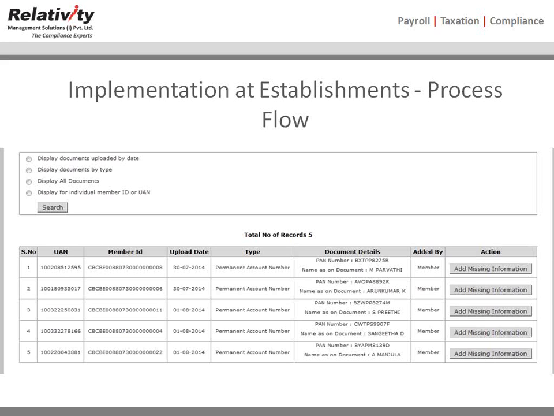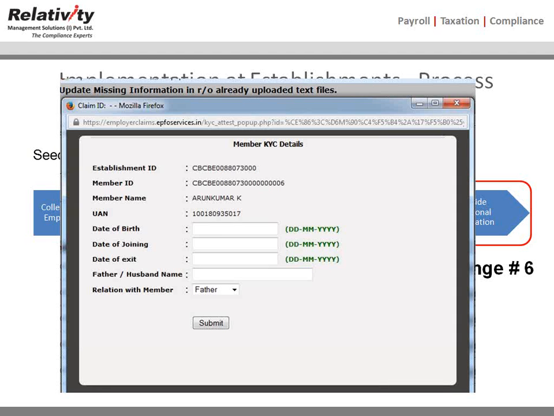So imagine if you have 100, 200 or 1000 such employees whose information is missing in the EPFO directory. And this has to be done manually, so that only adds to a lot more complications in terms of our work to be completed on time. And also the actual challenge is that for whomever there is a missing information flag, for them the KYC wouldn't